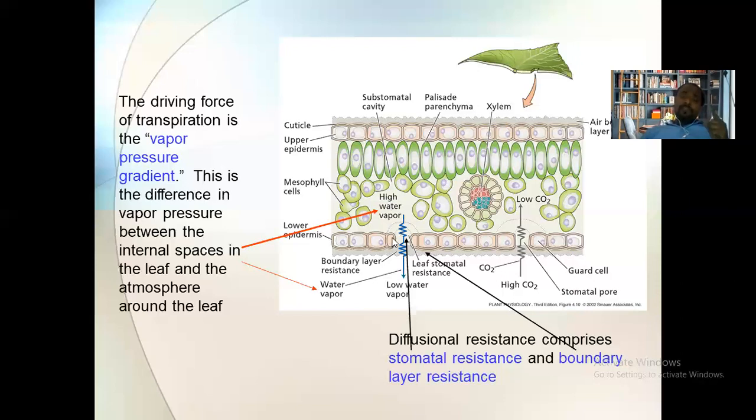At the same time, these stomatal cells or guard cells are in contact with the other subsidiary cells. Getting it? Now these are also in contact with the other mesophyll cells, isn't it? So the water from this mesophyll cell and from these intercellular spaces will enter into the guard cell, and this guard cell becomes turgid. Okay, so remember that whenever the guard cell becomes turgid, what changes take place in the guard cell?